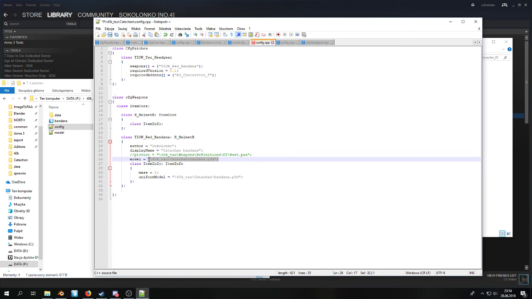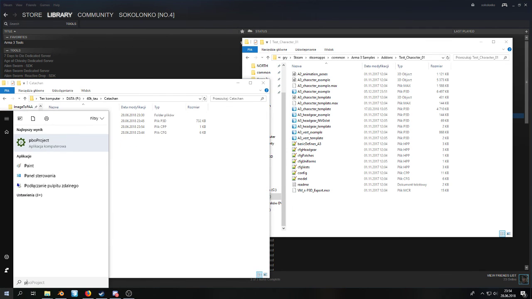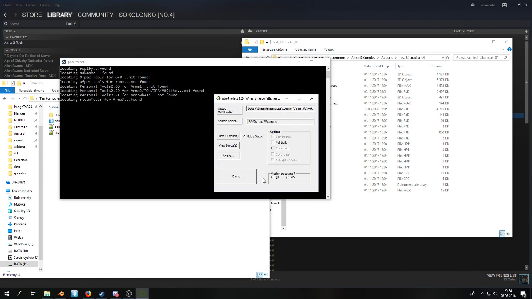Actually, this is what will appear on the ground, and this is what will appear on your head. You want basically the same thing here and here. Okay, and this is config. This is model. You've got those two done. You've got the bandana. I think it's time to run PBO project, which is a